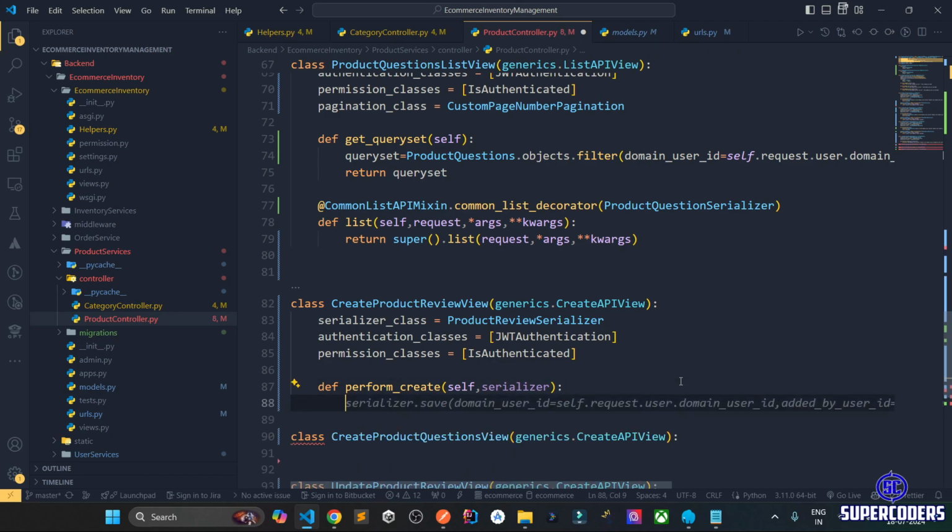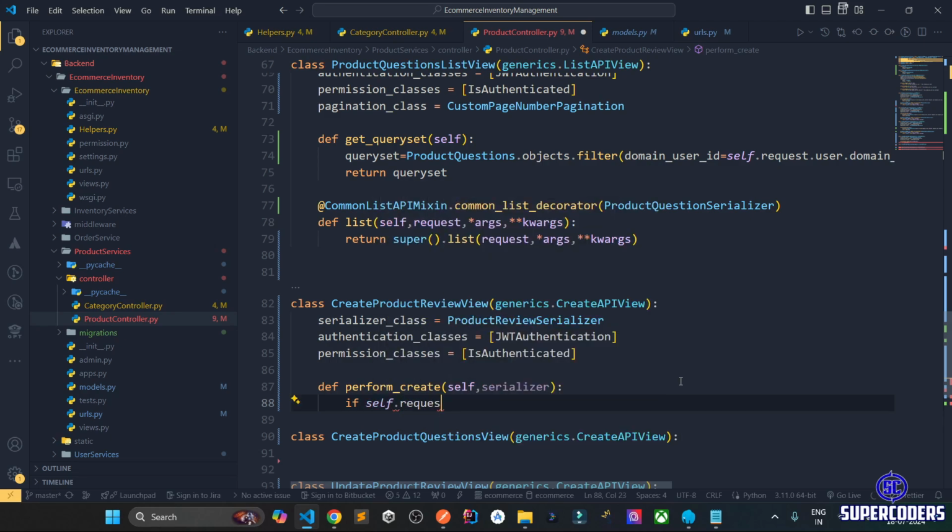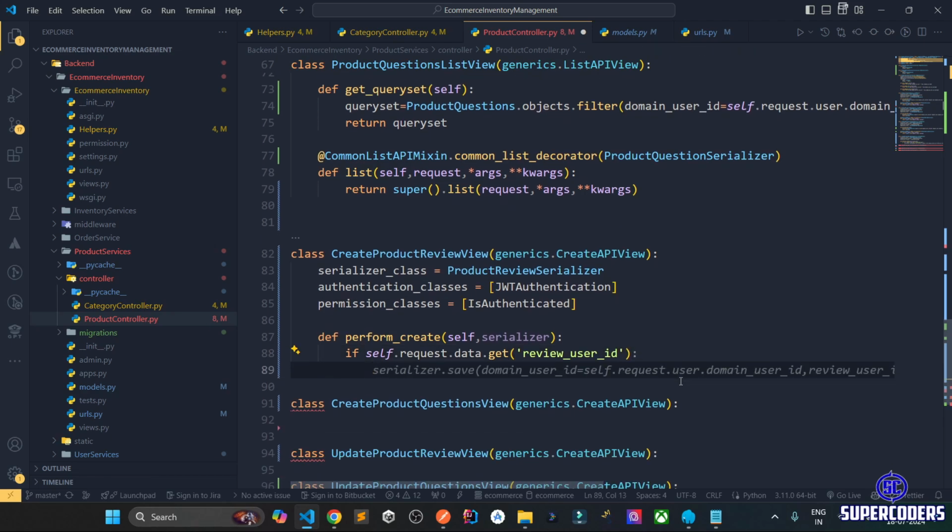After that, here what I can do, if self dot request dot data dot get review user underscore id, then in that case I can take serializer dot save domain user id equal to domain